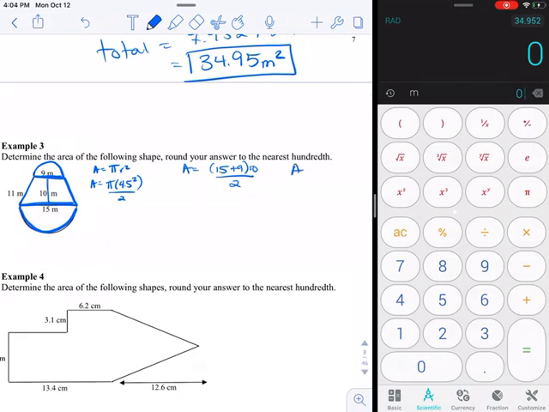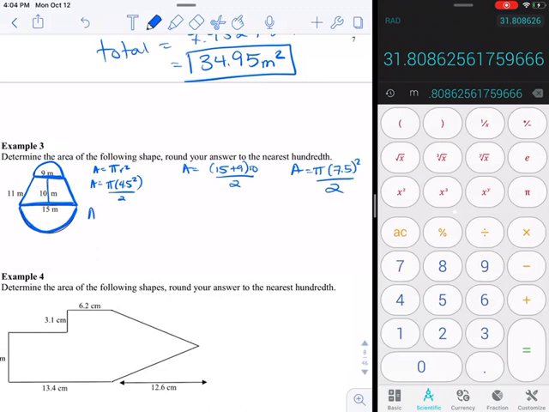The diameter is 15, so the radius is going to be 7.5 squared. And it's a half circle, so we divide by 2. So let's figure out this first one. Pi times 4.5 squared equals, divide that by 2. So we get 31.808625